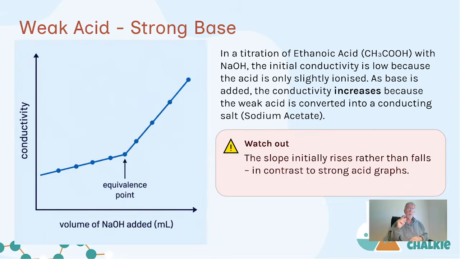Let's have a think. If it's a weak acid, then at the start there's hardly any ions present, so its conductivity is very, very low. Remember, weak acids only dissociate very, very slightly. So when you start adding sodium hydroxide, you are basically introducing more ions. The hydroxide ions will react with the acid and become water, but the sodium ions are now going to show